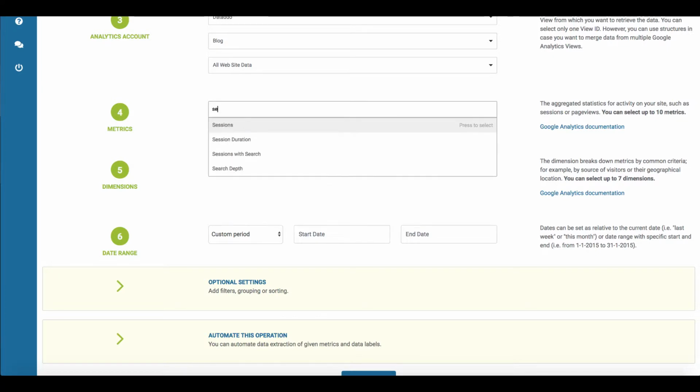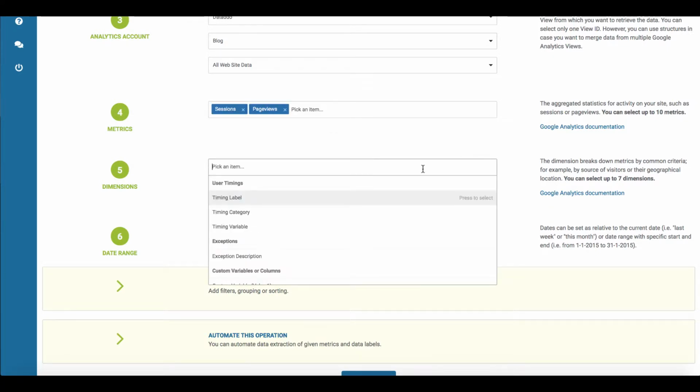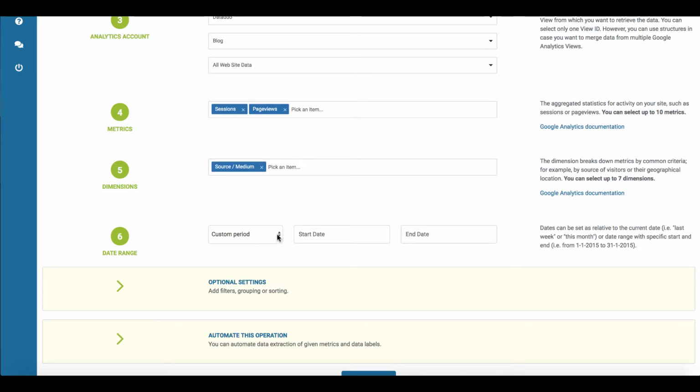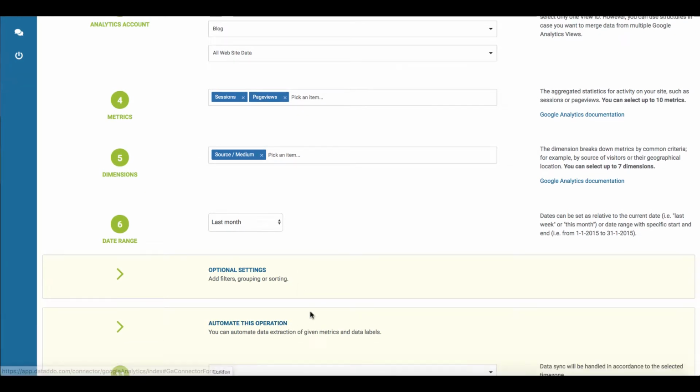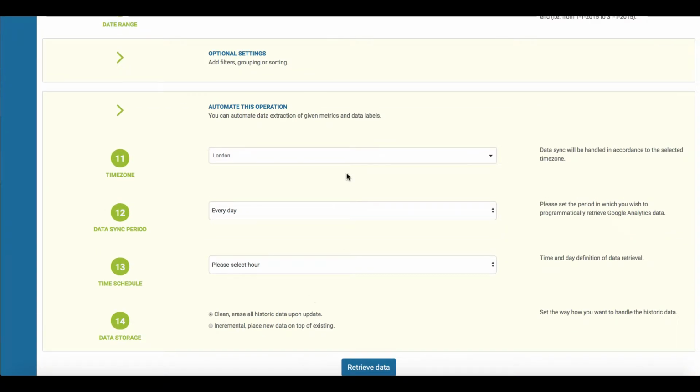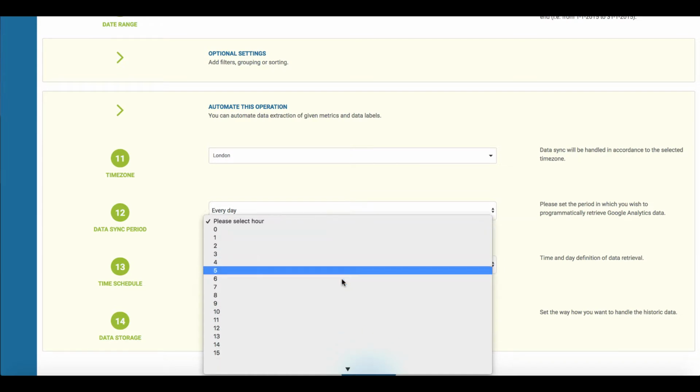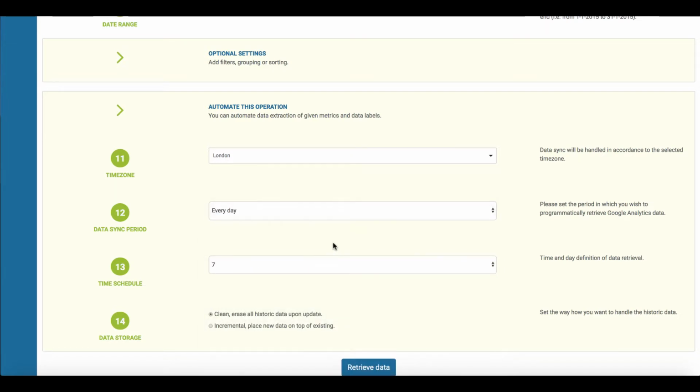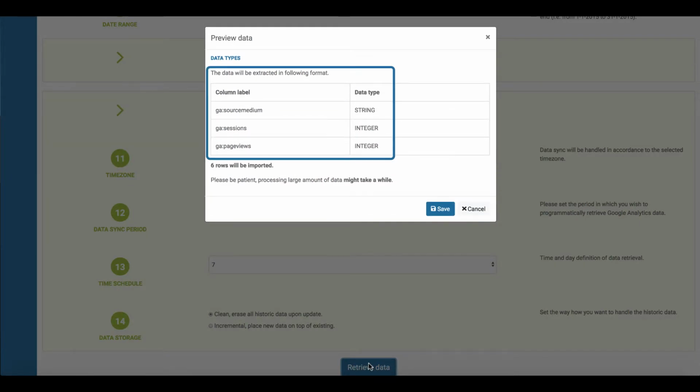I can choose a few metrics, dimensions, and the date range. Of course, we can also automate this entire process, which means that these metrics and dimensions will be extracted daily at 7 a.m. London time here. I'll click Retrieve Data, and we can see there are a few values populated here,